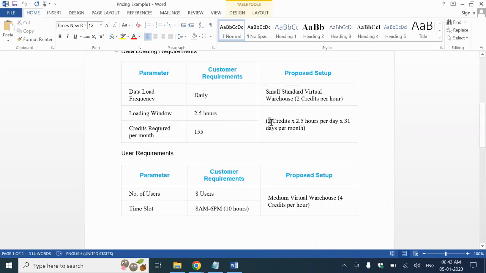So 2 credits and then 2.5 hours, right? Approximately every day, so if you take 31 days, then this will be the credits. This is not dollars, this is credits. How many credits are they utilizing? 2 credits per hour, multiplied by 2.5 hours every day, multiplied by 31 days, 155 credits they are